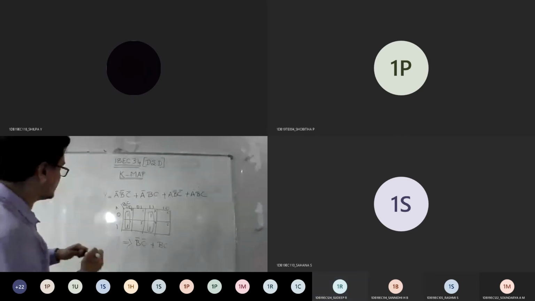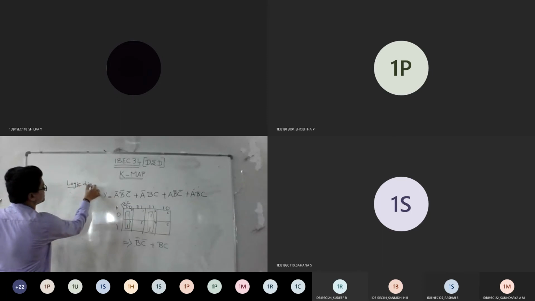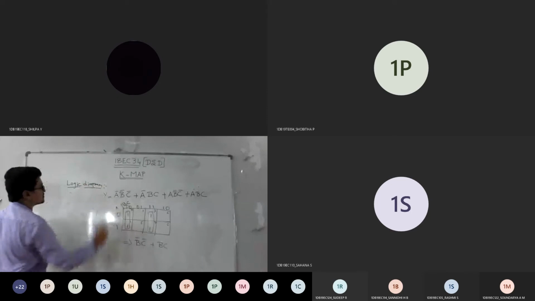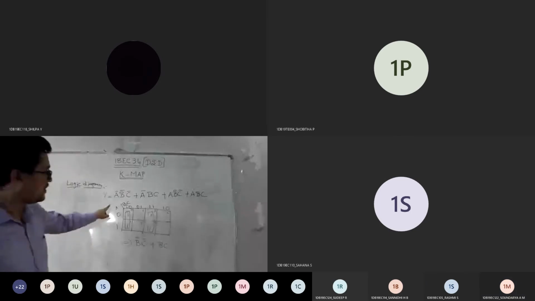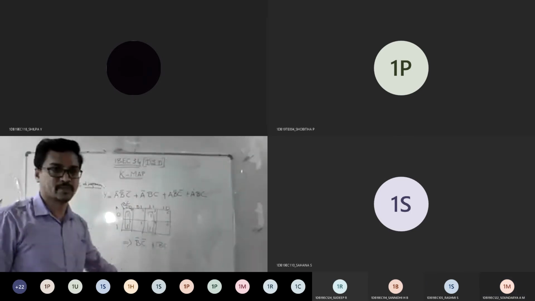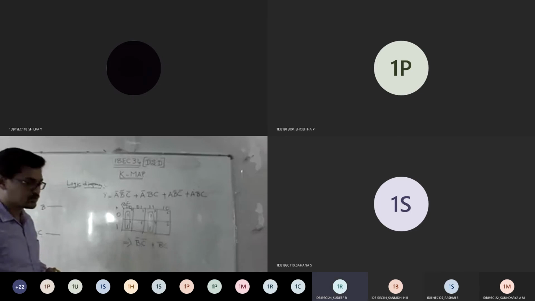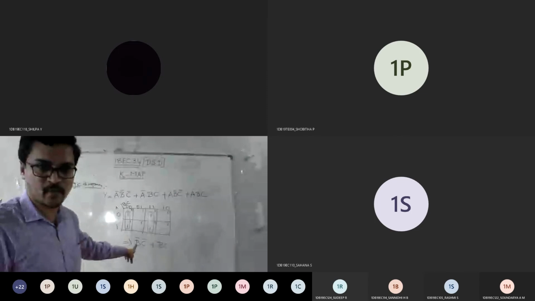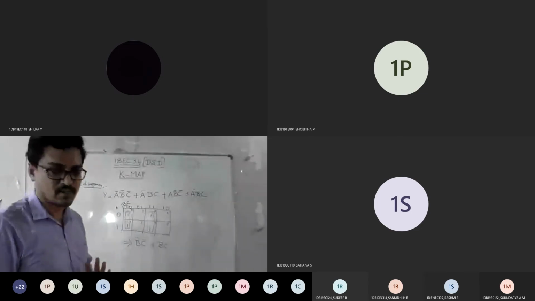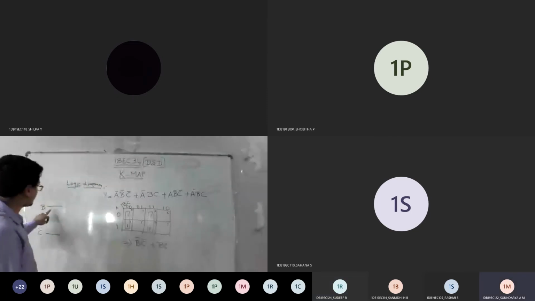Listen now, I will teach you how to write this. We made 3 variables into 2 variables now, so the inputs are B and C. One input is B, one input is C. You have the complement for both: you want B bar and C bar. Complement means which gate? NOT gate.